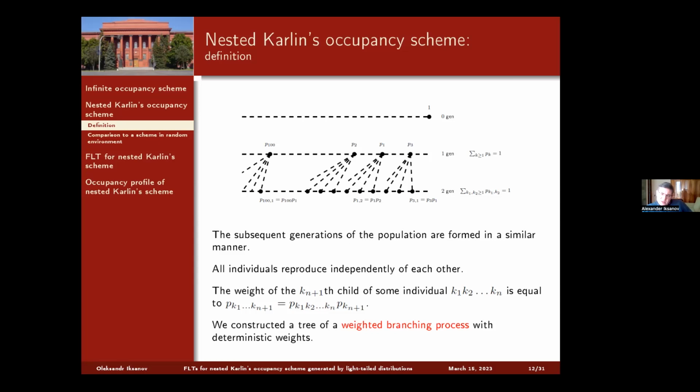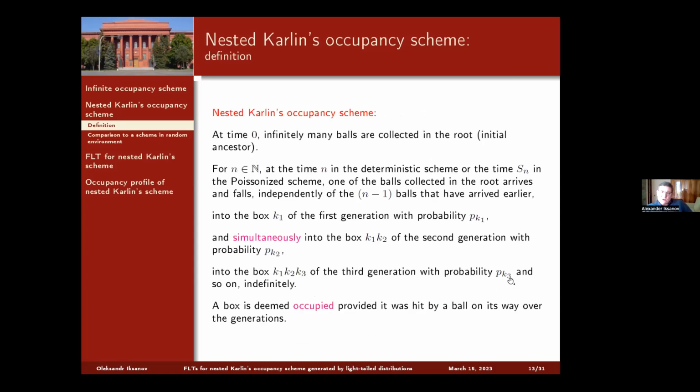So far, we have only talked about Karlin's occupancy schemes in each generation. And now I want to define a nested sequence of Karlin's occupancy schemes. This means that I have to specify how a particular ball moves from one generation to the next one. And here is the construction. At time 0, infinitely many balls are collected in the root associated with the initial ancestor. And for positive integer n, at time n in the deterministic scheme or the time Sn in the Poissonized scheme,